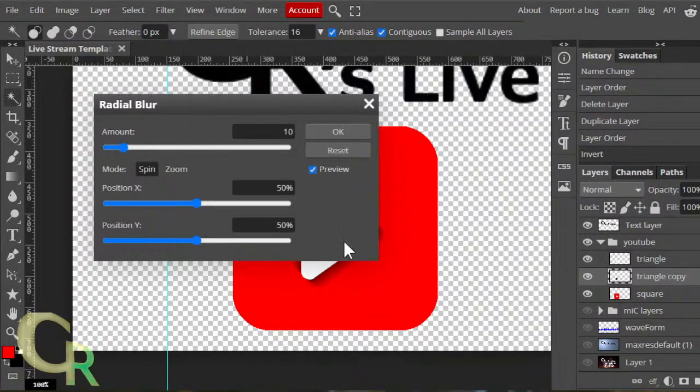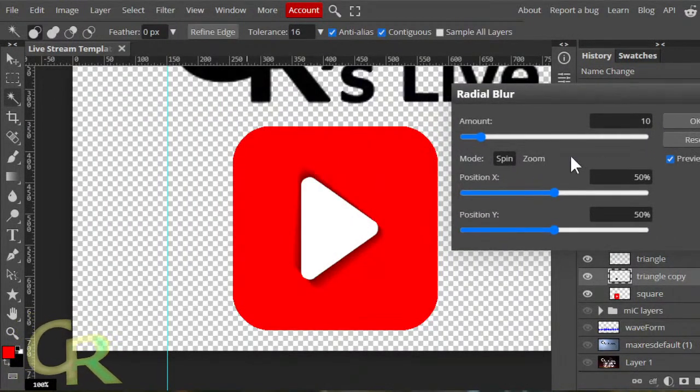Well, we'll try radial blur. Try the zoom one. Just simulate. I think I'm getting closer here.